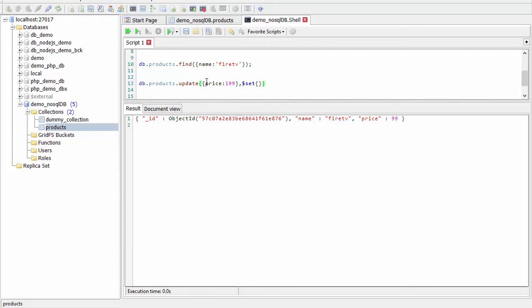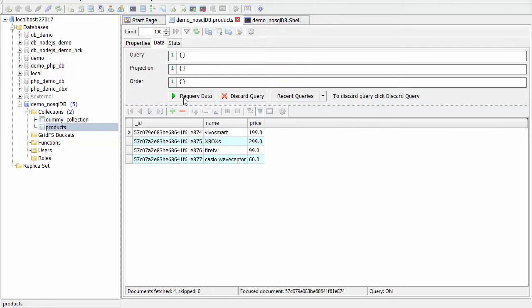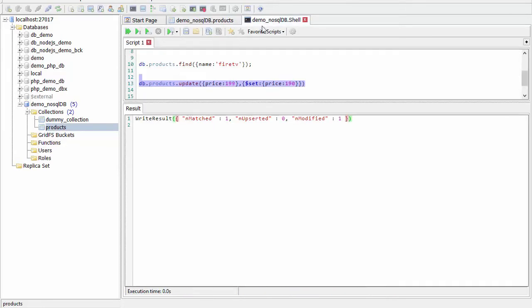Set, $190. So matched one. Let me cross check here. 190. Change is applied.